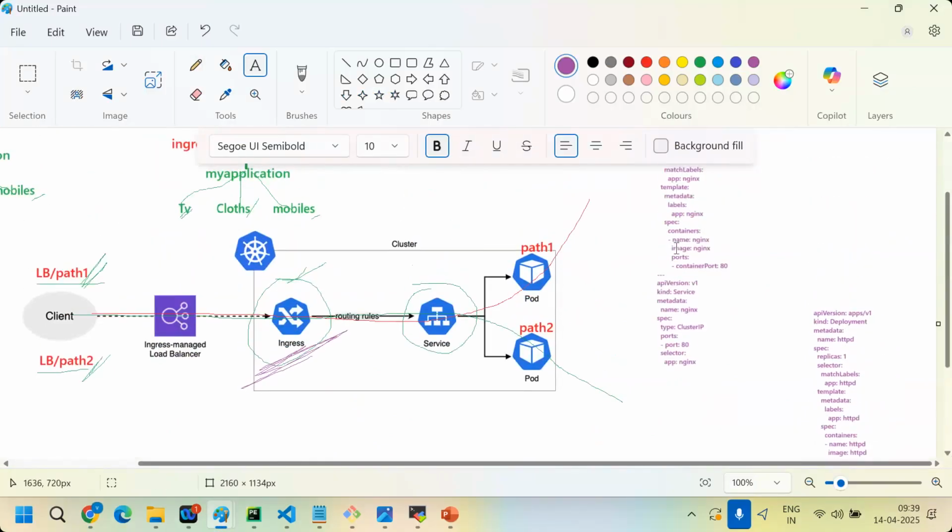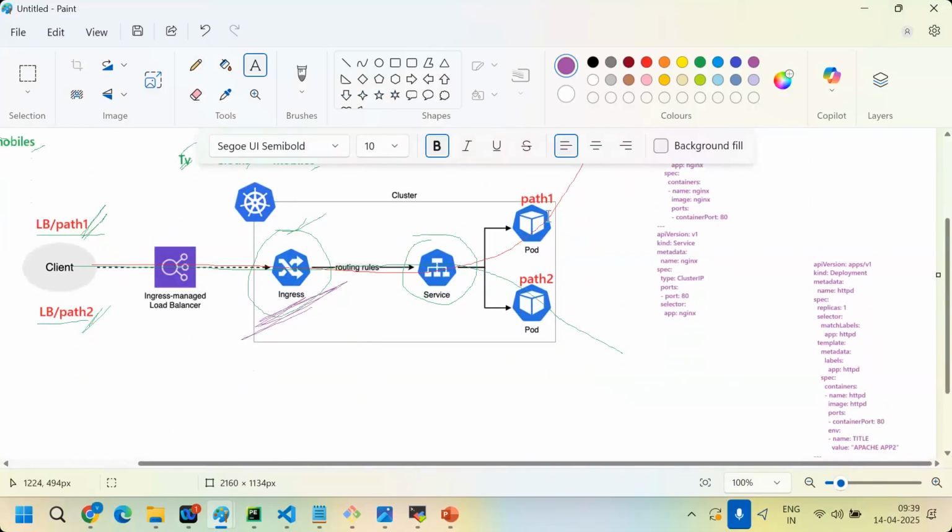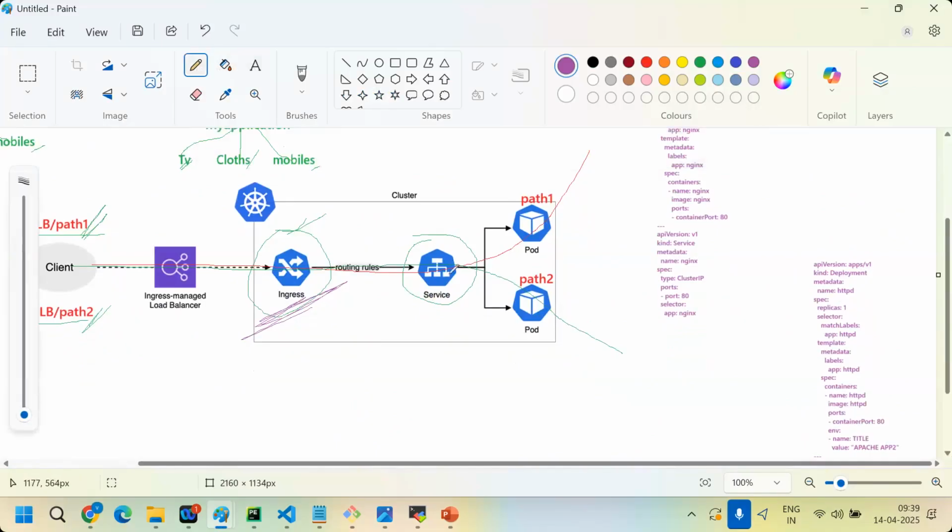So if this service sends the request to the pod, this is the path1 service; if this service sends the request to the path2 pod, it is the path2 service. But without this concept, the service doesn't know which pod to send the request to internally.